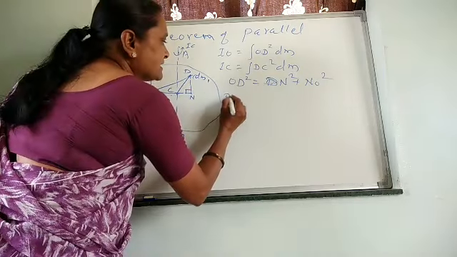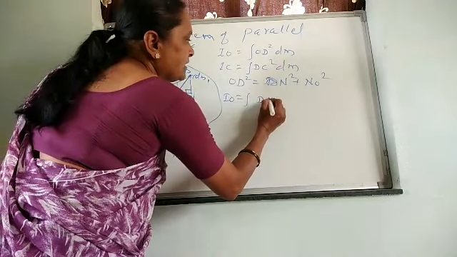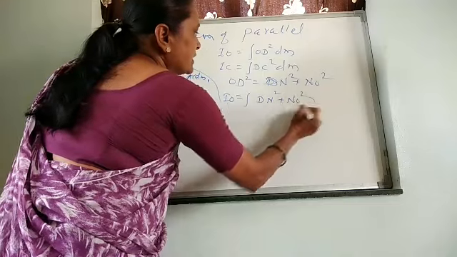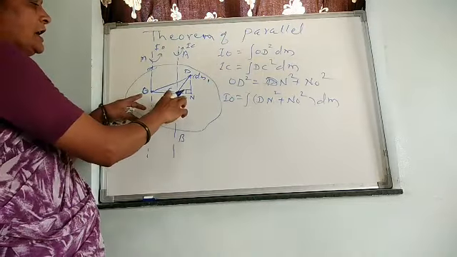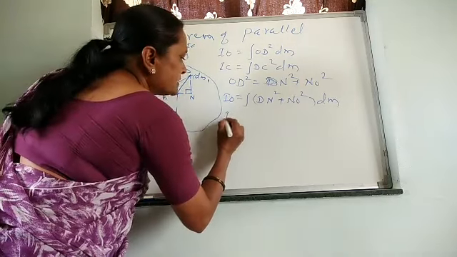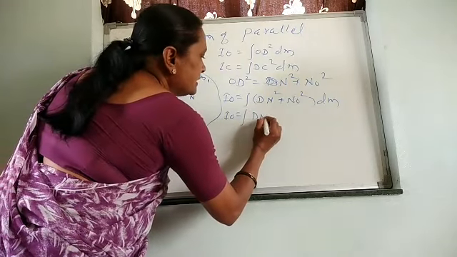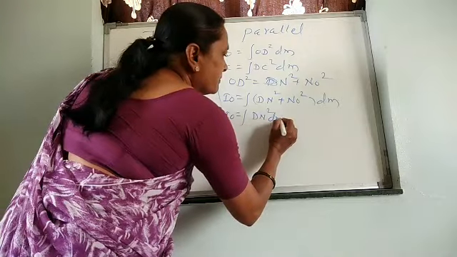We can write IO is equal to the integral of OD square dm, that means DN square plus NO square into dm. Now NO is equal to OC plus CN. That means IO is equal to the integral of DN square dm, which remains as it is, plus